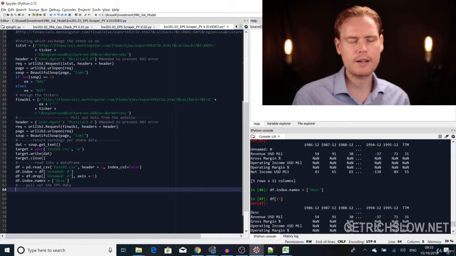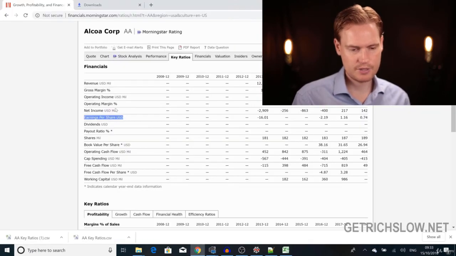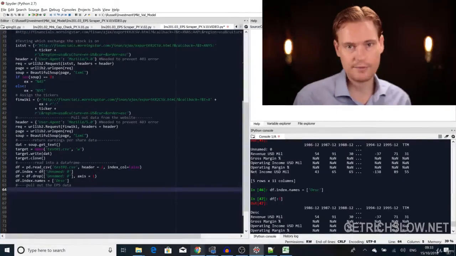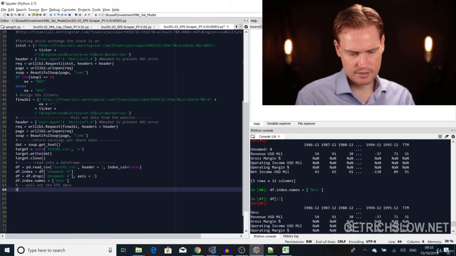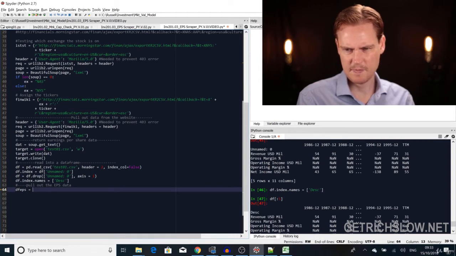Okay, so we're now about to pull out the earnings per share data from this data frame that we've read in. So the code is df EPS, so we're going to create a separate data frame with just the earnings per share data. df EPS is equal to